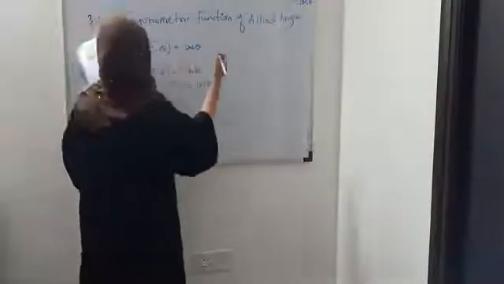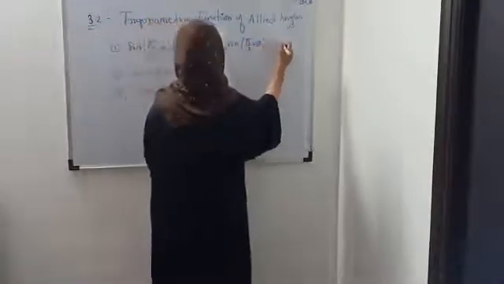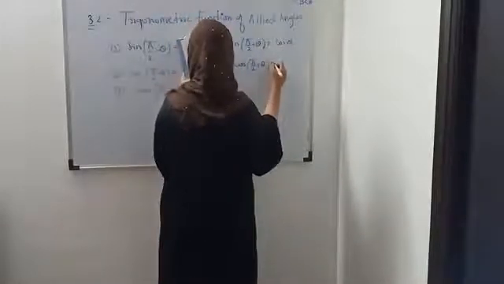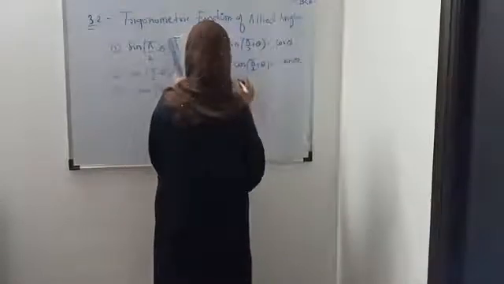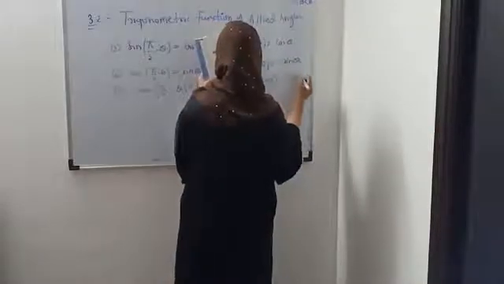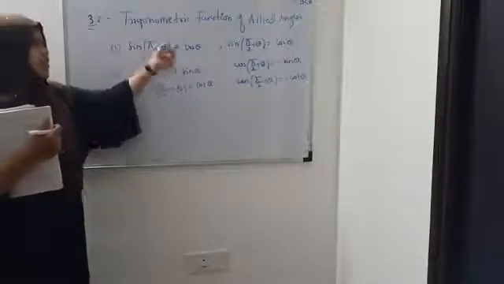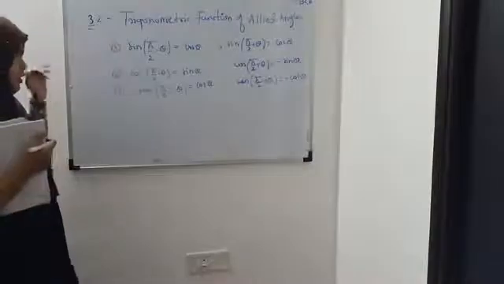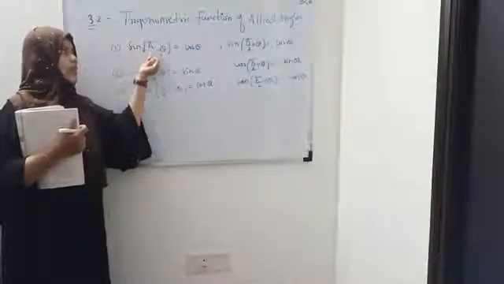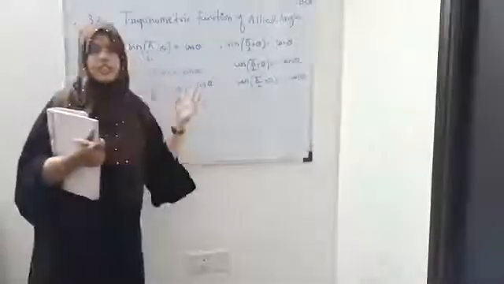Similarly, we have seen sin pi by 2 plus theta is equal to cos theta. Then cos pi by 2 plus theta is equal to minus sin theta, and tan pi by 2 plus theta is equal to minus cot theta. Here if you use the sin A minus B formula, you will get all these results. Even if you don't remember these results in your exam, you can just apply the sin A minus B formula and you will get the answer. So these are 6 formulas which we have seen in the previous section.